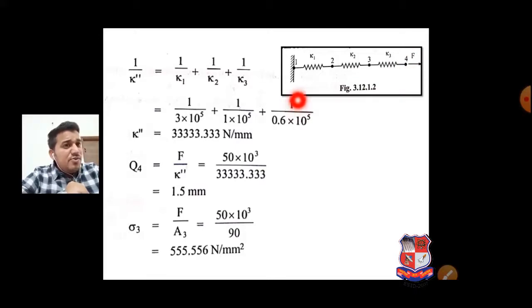If I ask you why it is not available at node number 1, then we simply answer that at node number 1 it is a fixed cantilever beam. So here a fixed support is there. When the fixed support is there, q1 is equal to 0, and at that place we cannot find any stress because this is a node, not an element. If we have an element, then we can find the stress. Clear? This is the most important thing that we have to know during the example time.